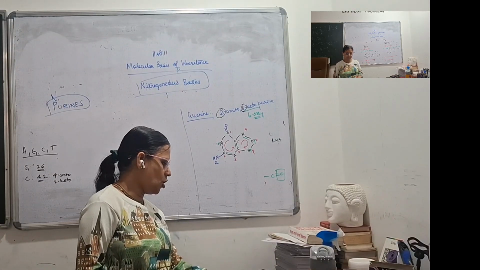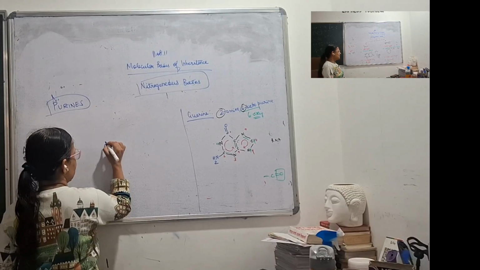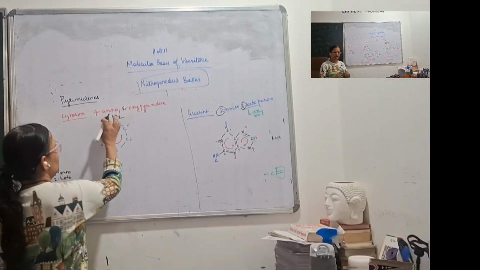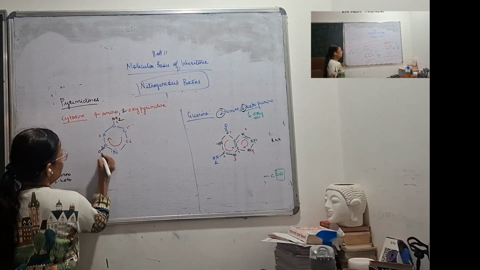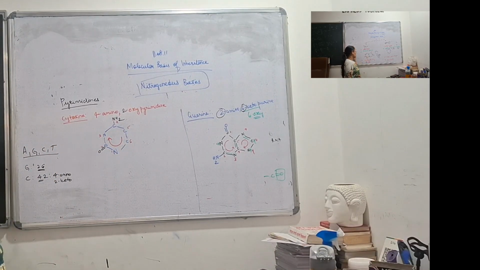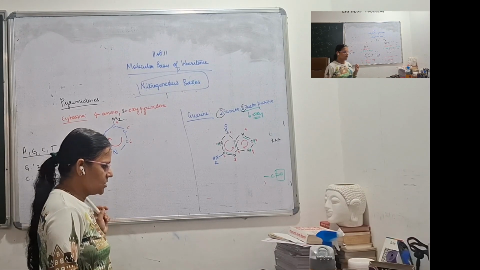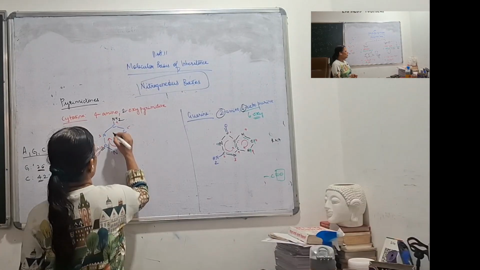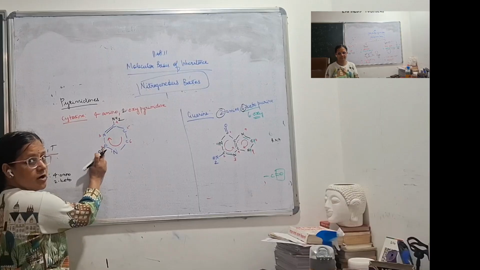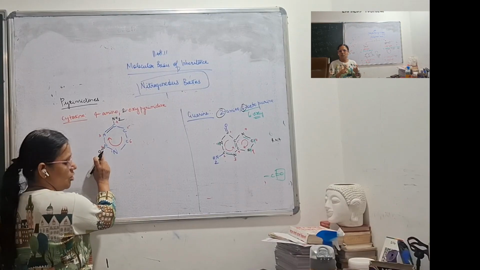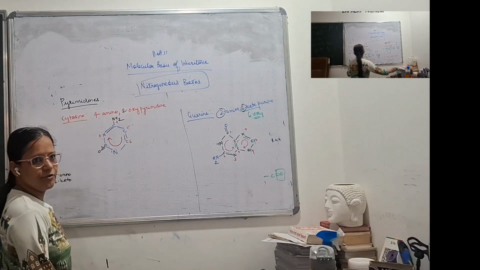So first what we will draw is the basic benzene ring. Now here the numbering is 4 amino 2 oxy. So at 4 I have amino group and at 2 I have ketonic group or oxy group. Right? So now the functional groups are done. What is remaining is the double bond. So simply I'll put the double bonds. Now here I will not have a double bond because there is already a double bond over here of the ketonic group. So here the double bond will be skipped. You will have a double bond over here.